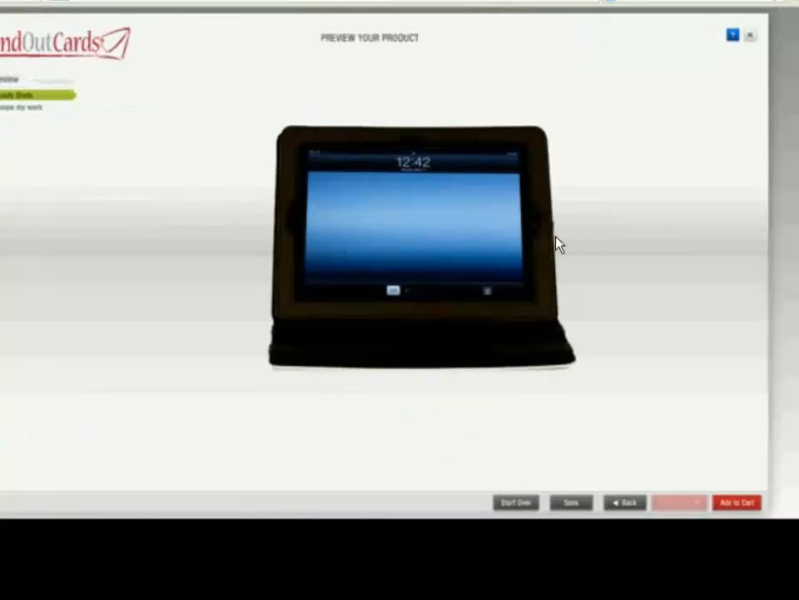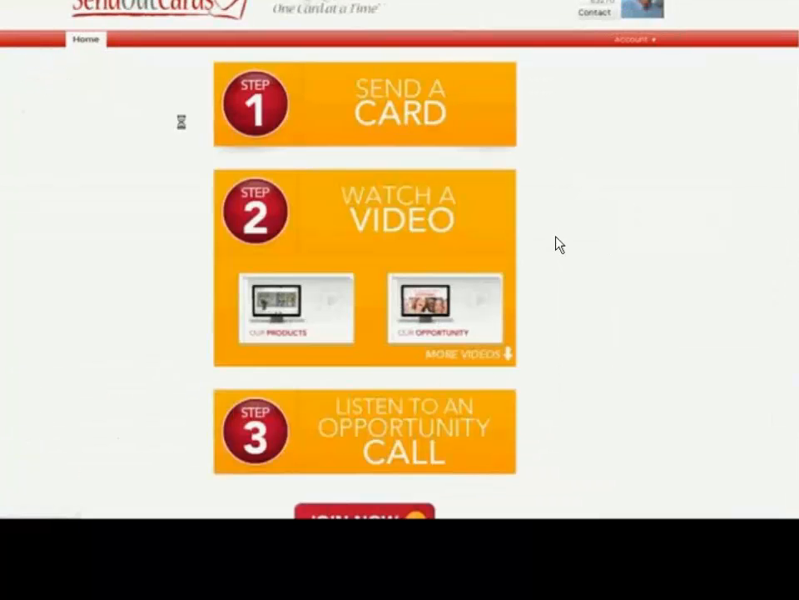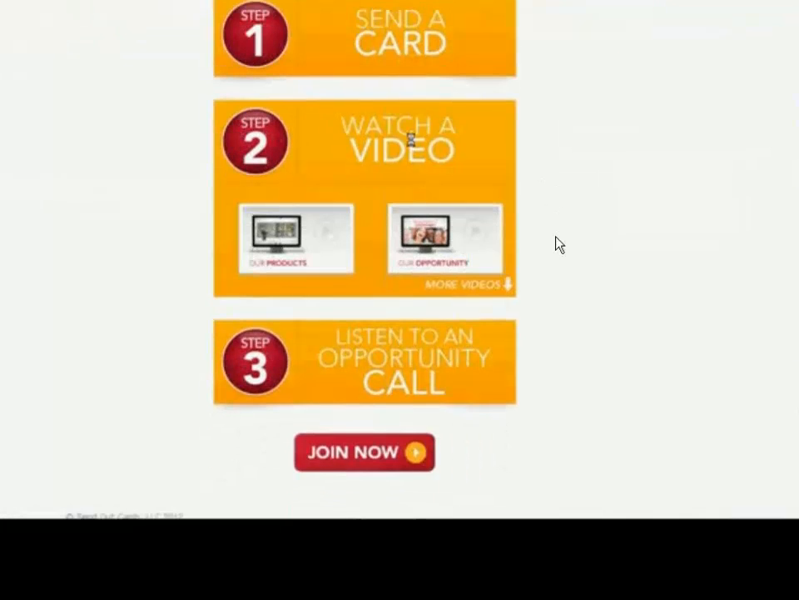And when you go to that website, you have 3 things you can do. The first thing is you can send a card. You can see how easy it is. Step 2, you get to watch a video if you want to learn more about the products, or if